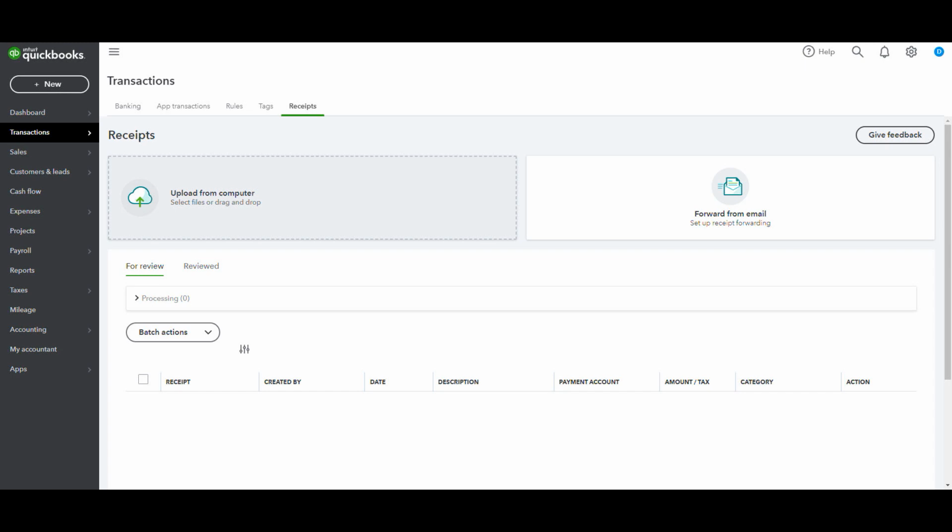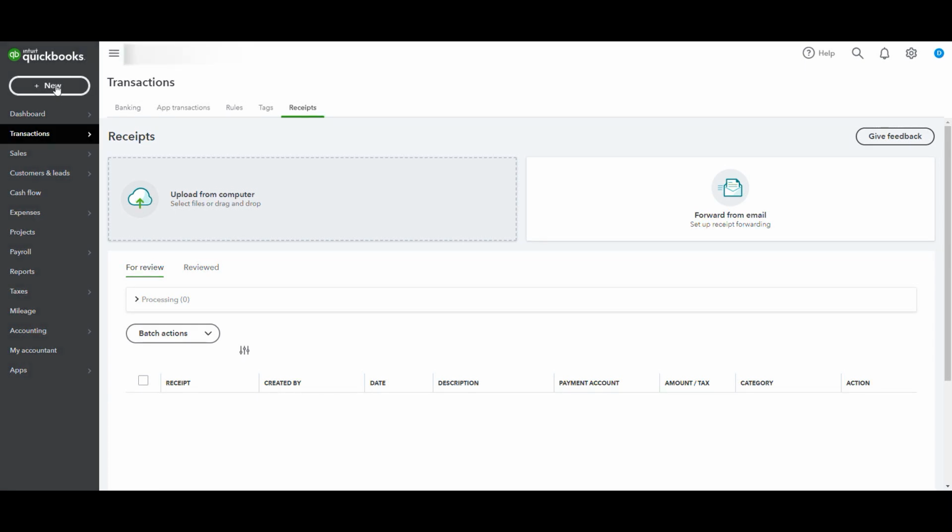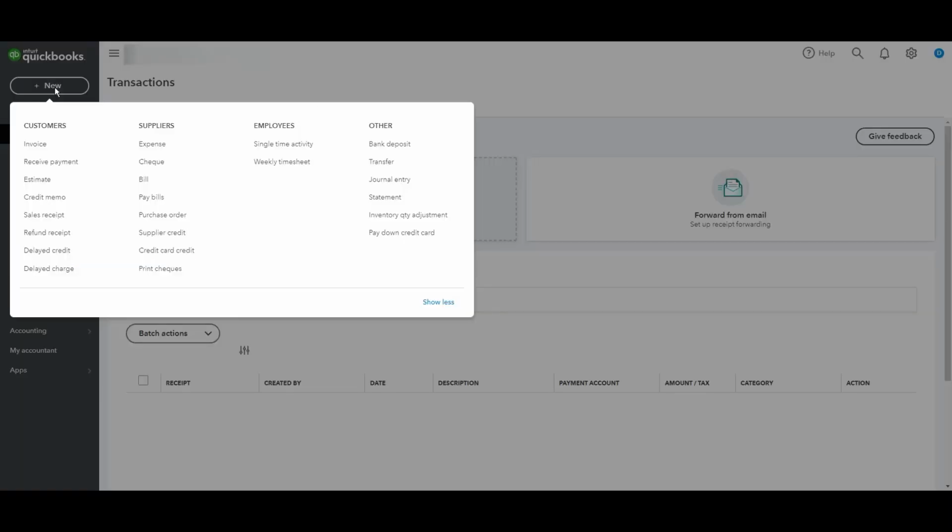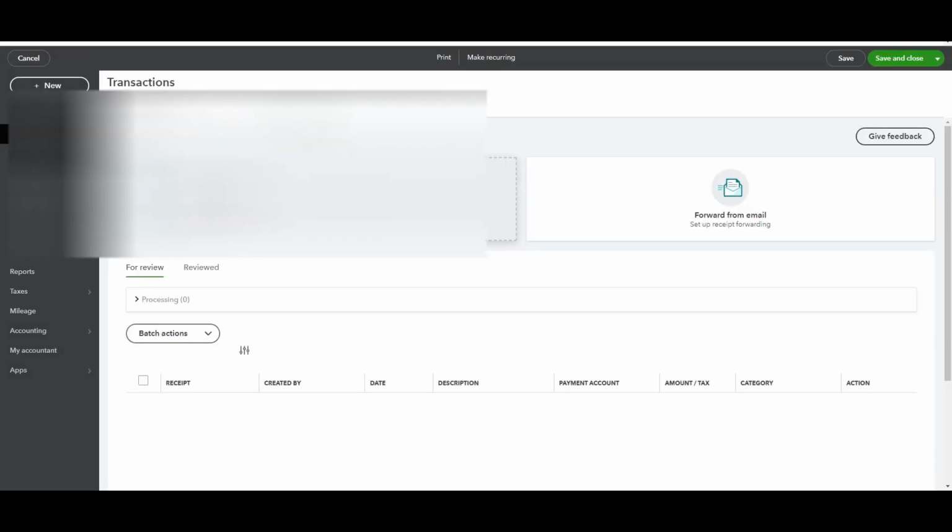Yes, we can, but it will not be reflected in the sales tax report that we need to use to file our GST return. What is the alternative? The alternative is to record that through an expense transaction with a workaround. So, how to do this? First, we go to New and then choose Expense,